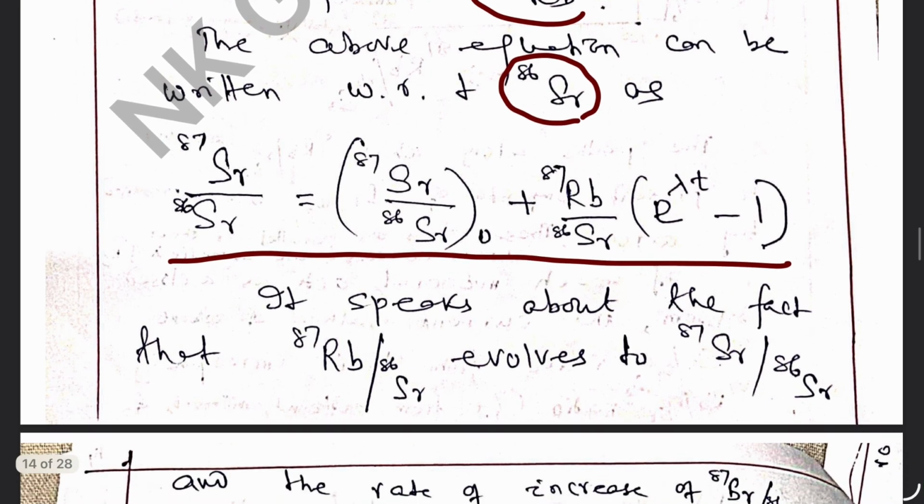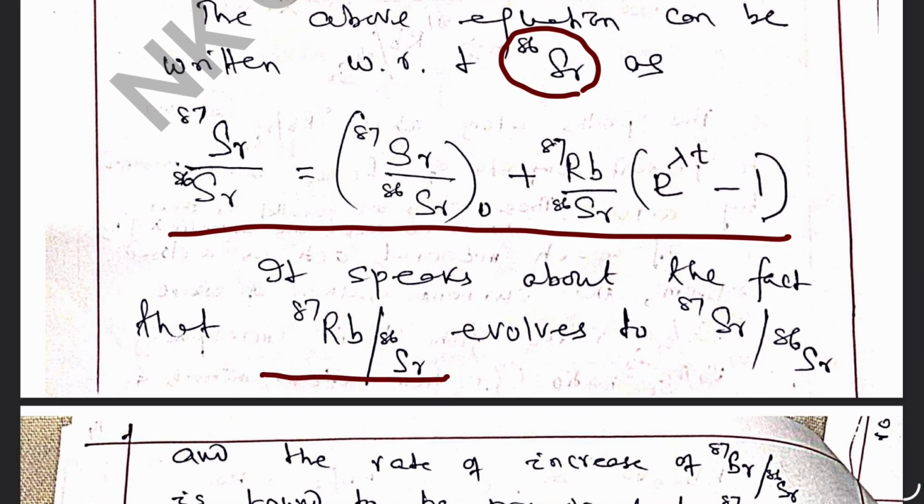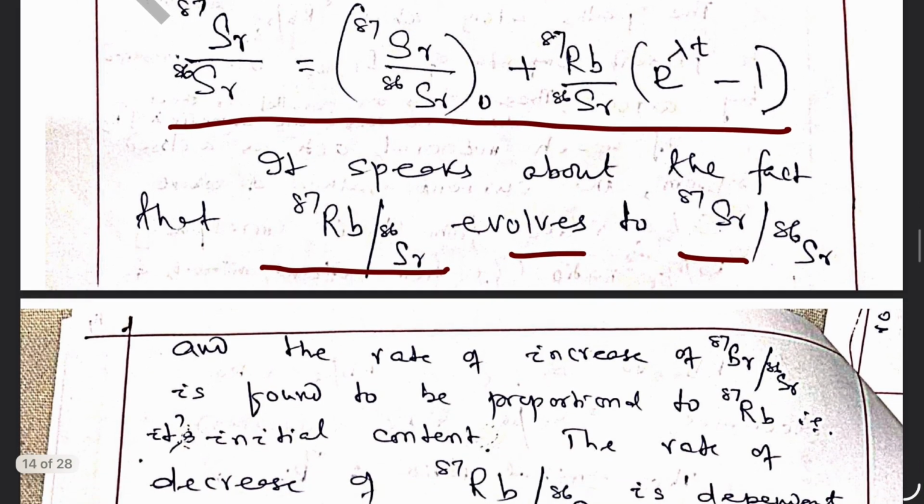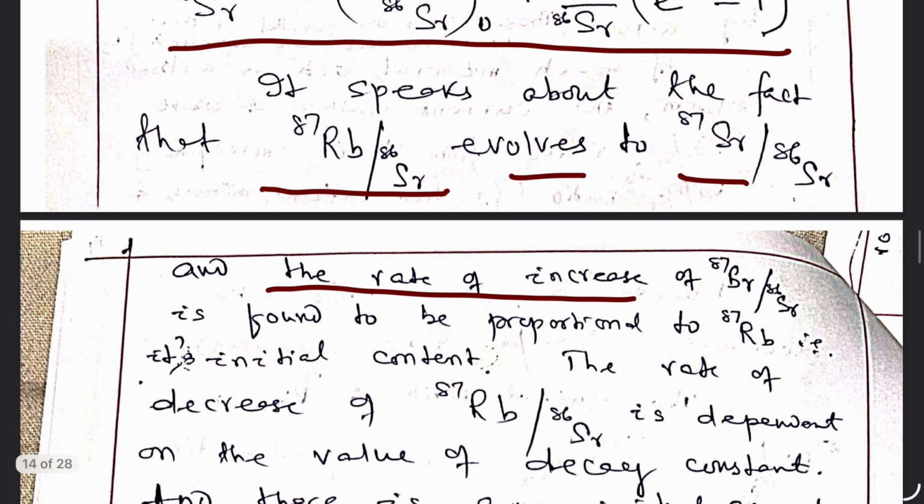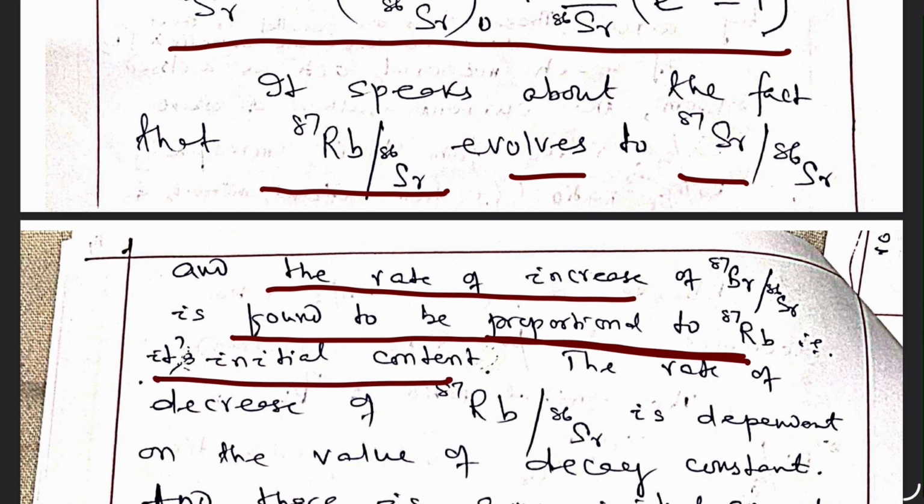It speaks about the fact that rubidium 87 by strontium 86 evolves to strontium 87 by strontium 86, and the rate of increase of strontium 87 by strontium 86 is found to be proportional to rubidium 87, or proportional to the number of rubidium 87 converted into strontium 87, that is, proportional to rubidium 87, its initial content,